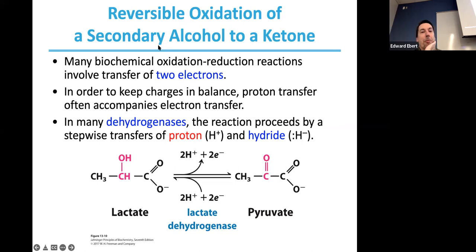We can also reversibly oxidize alcohols to ketones. Okay, so if we take lactate, we start working out and go out, shovel some snow or pry up some